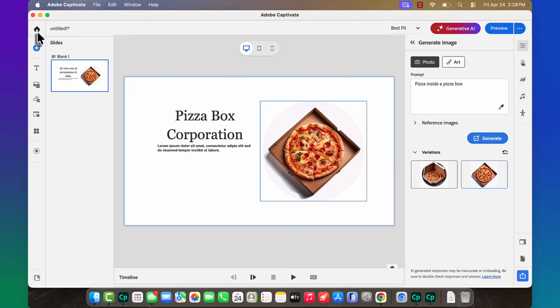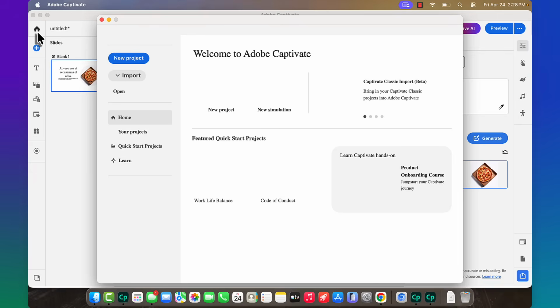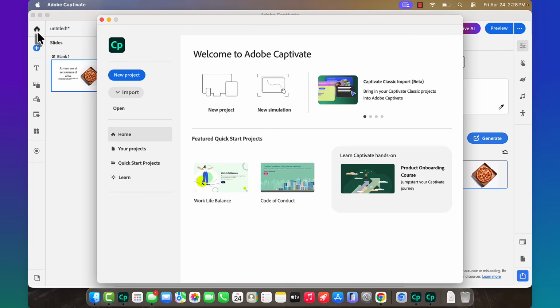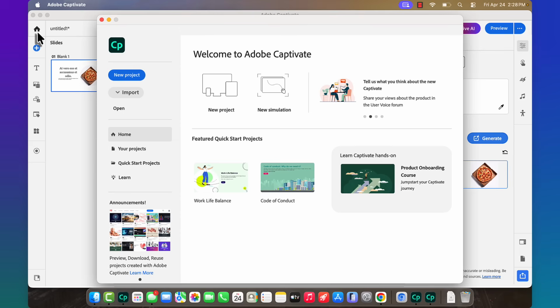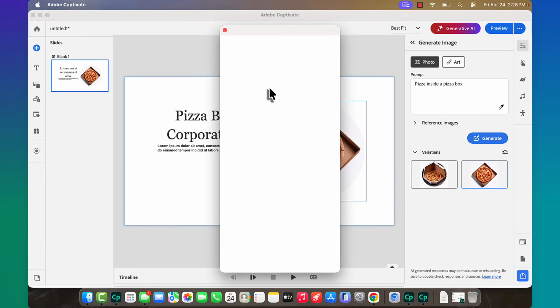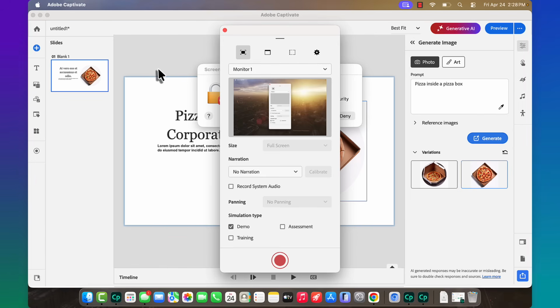Let's do a new project again. And the one thing I've been thinking about as I've started this is that, okay, regular e-learning projects, probably not going to be a problem. Let's try a software simulation. So I'm going to click New Simulation. And while I'm at it,